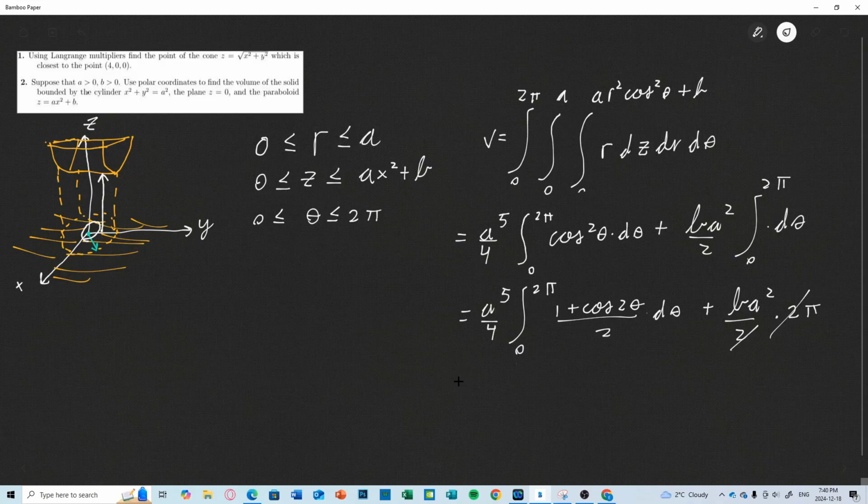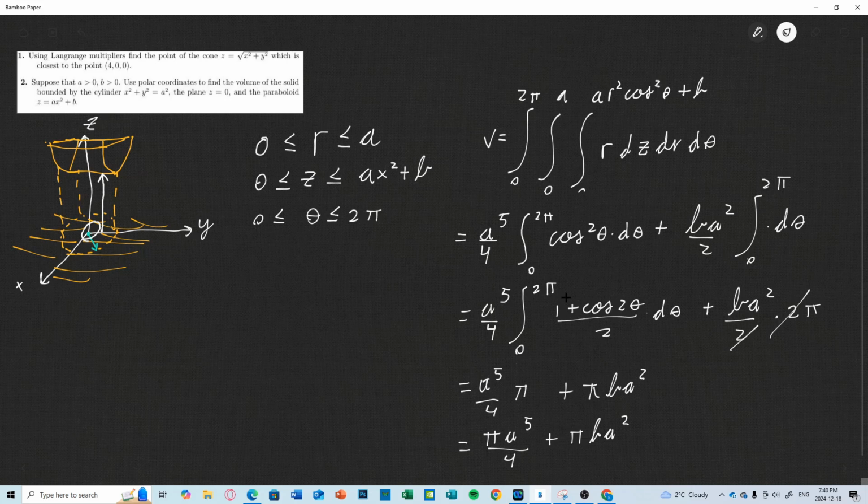So now this will give us a to the 5 over 4 pi plus pi b a squared,